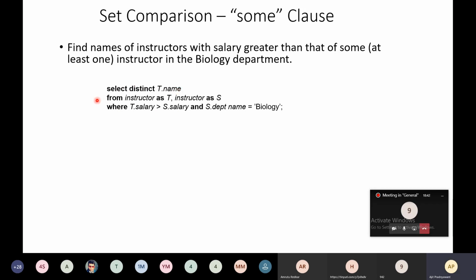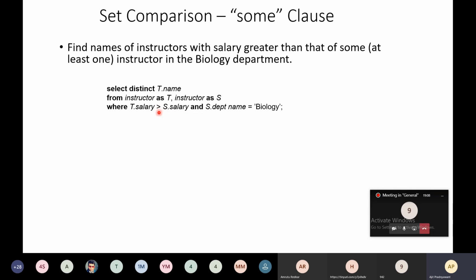And in the from, we have to mention the name of the relations, name of the tables, that is instructor as T and instructor as S. And just see how we have written the condition in the where clause. T dot salary is greater than S dot salary.